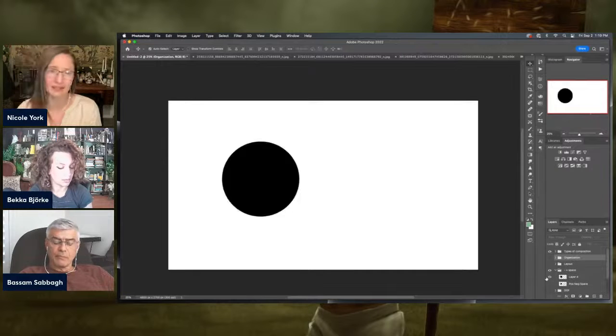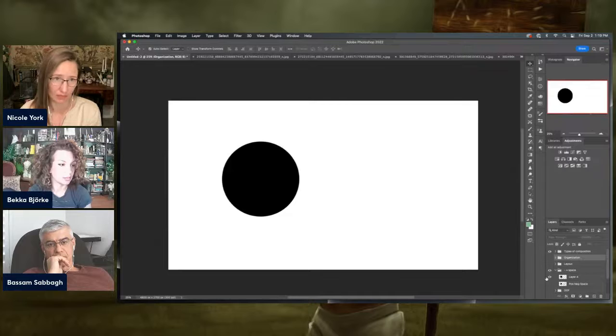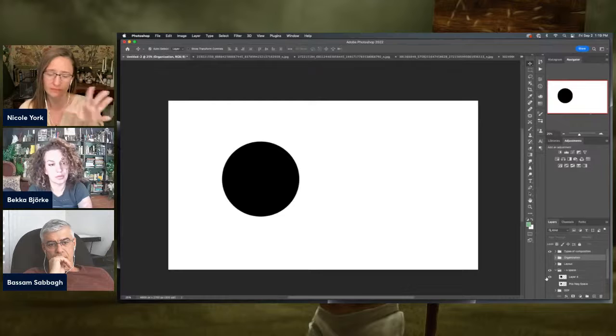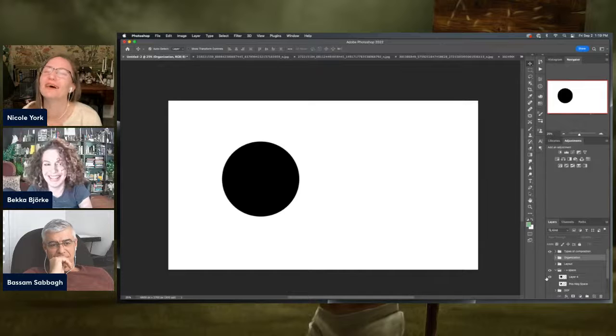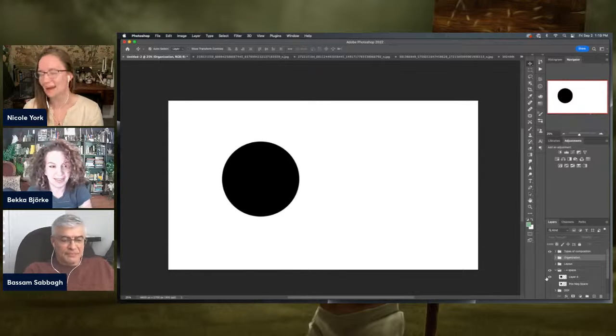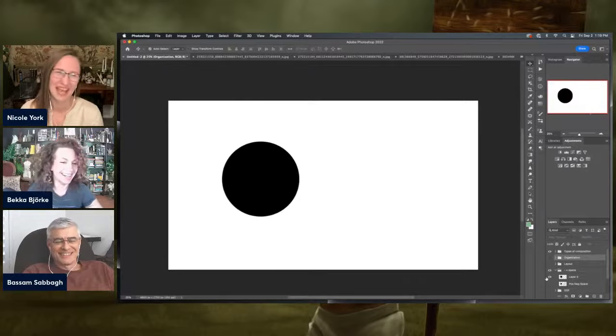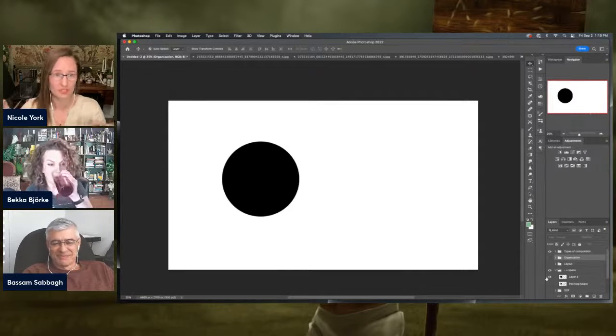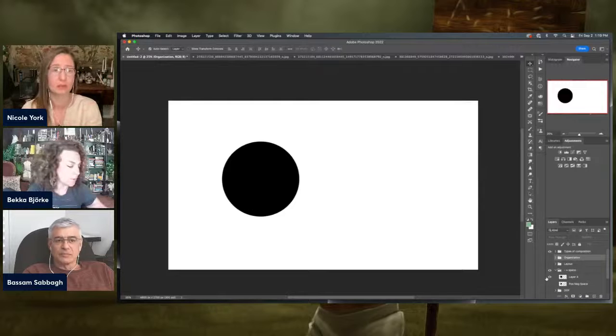You also have the use of positive and negative space. And so when we look at an image like this, you can still consider this a balanced image given the amount of white space that it takes to handle the weight of something like a black circle. And a lot of times in abstract art, you'll see the rules of composition really pushed down to their most simple. And that's, I think, when you can see a lot of the power.